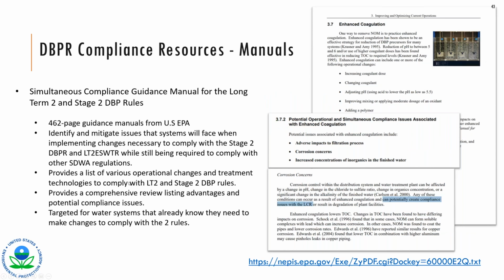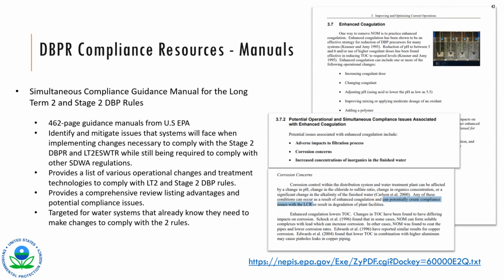The next resource is a 460-page guidance manual, again from the EPA. This is on simultaneous compliance for the long-term 2 enhanced surface water treatment rule and the stage 2 DBPR. So this manual is designed to help water systems identify and mitigate potential compliance issues with the Safe Drinking Water